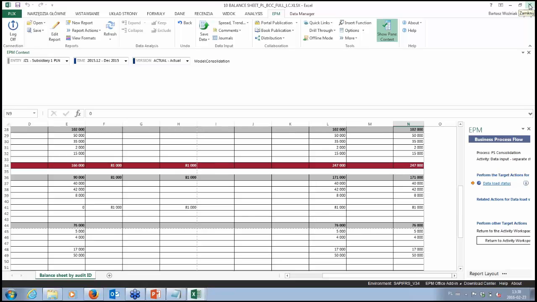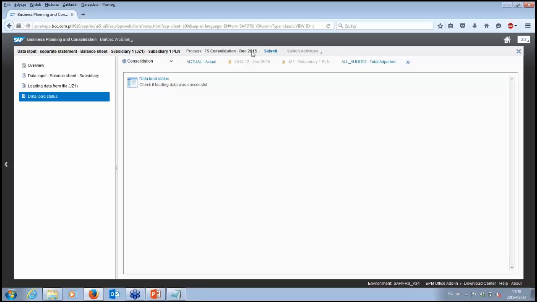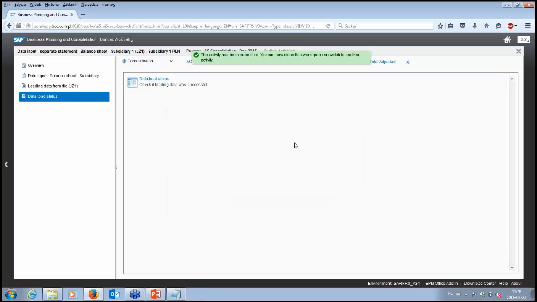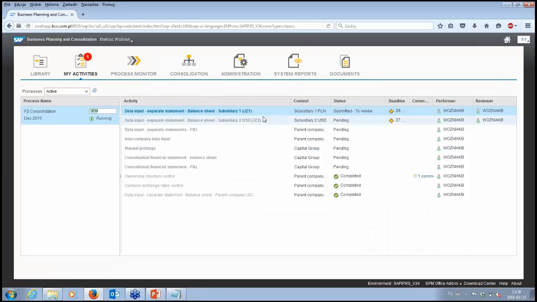And then we have also a third scenario. I will submit because I have loaded this. I'm the employee responsible for performing this task. I will submit this without any comment. Can close. And now I'm here